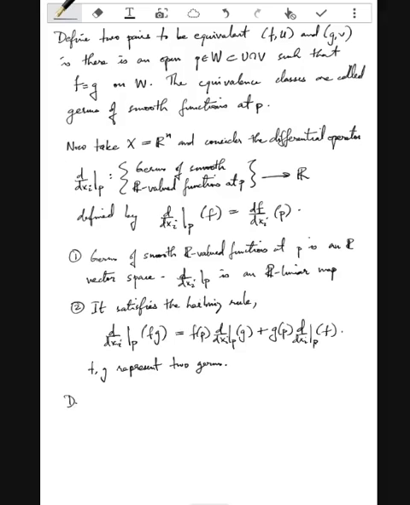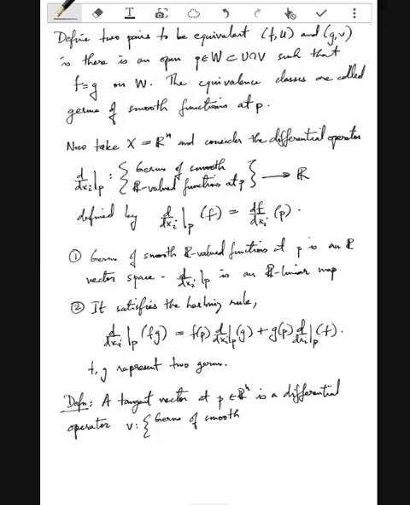So this brings us to the definition of a tangent vector. A tangent vector at P in Rn, we are still on Rn, is a differential operator V from, so we are just taking the two properties above, of smooth R valued functions at P to R, which satisfies